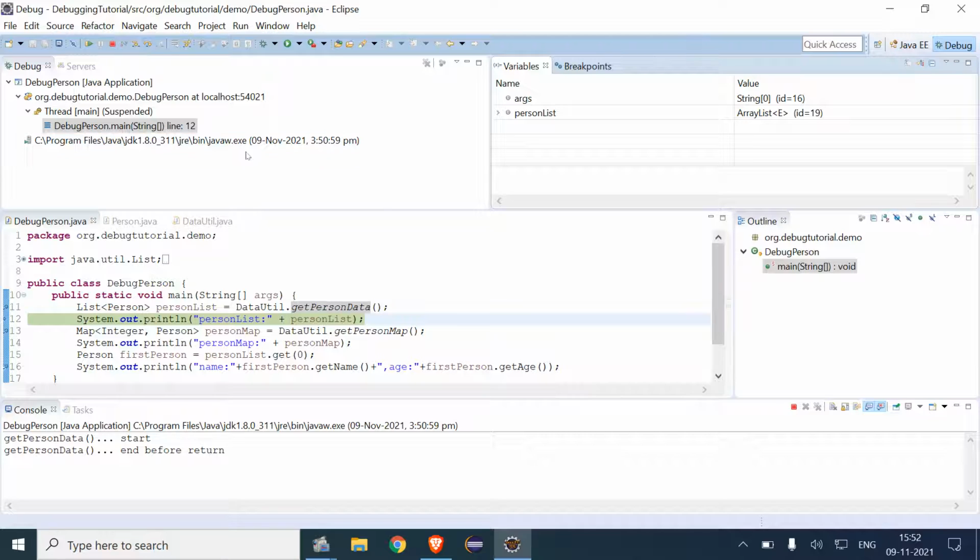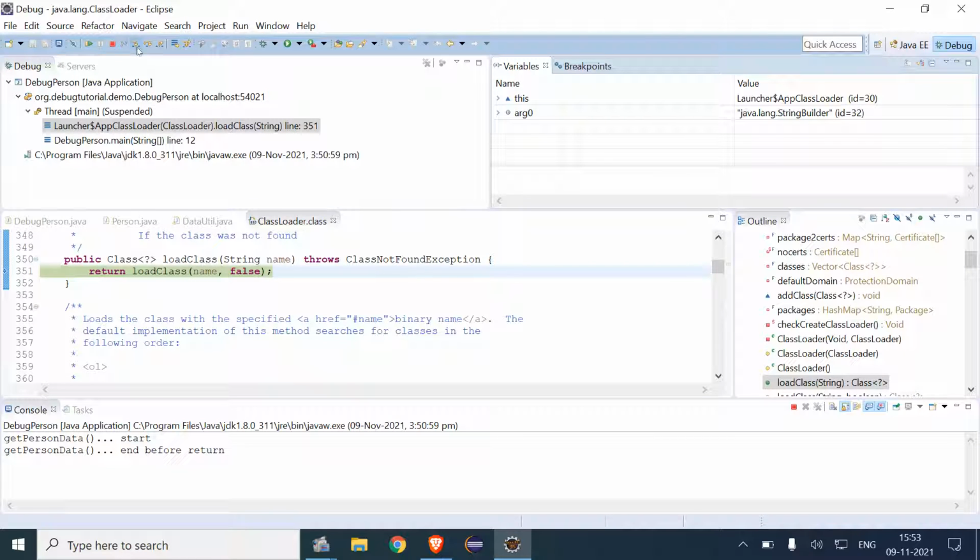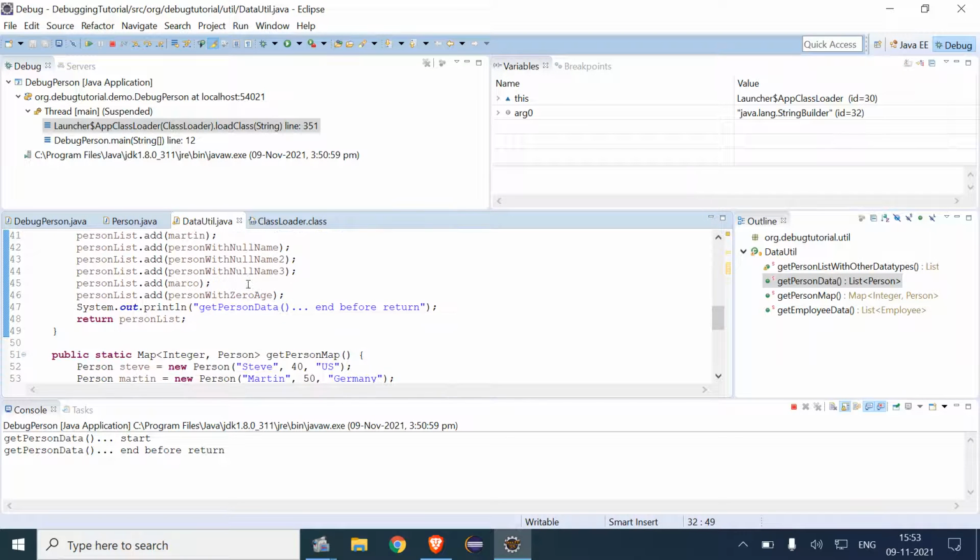So now it has come to this point where the things are being printed. So here is the data being displayed.